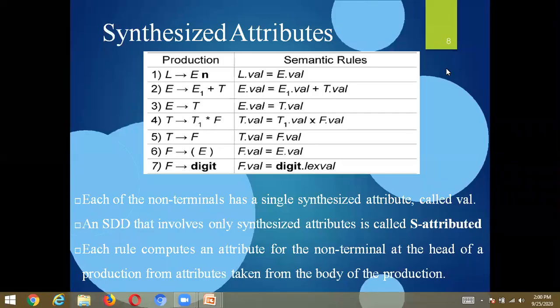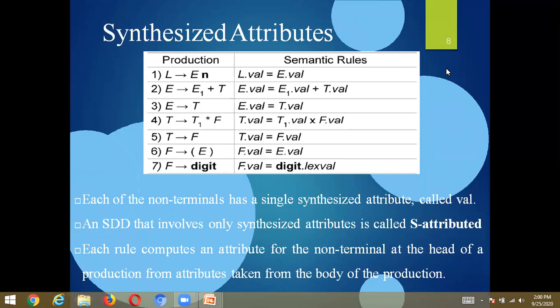And today, class, I'm going to explain how to compute the synthesized attributes and how to compute the inherited attributes, and then how to represent the dependency graph, and then how to write the evaluation orders in the tree representation. And then finally I will conclude this session with the concept of abstract syntax trees, the construction of abstract syntax trees.